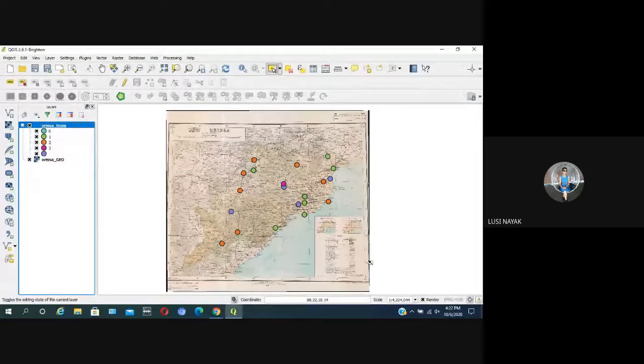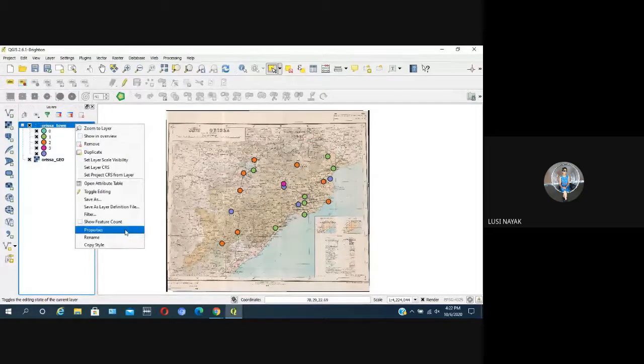Yes, repeat again. Again, thematic mapping. We are repeating again.